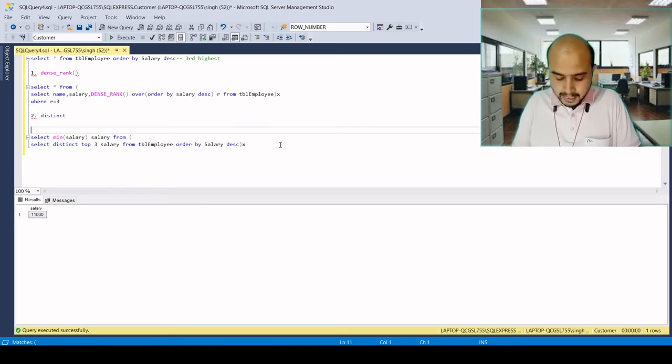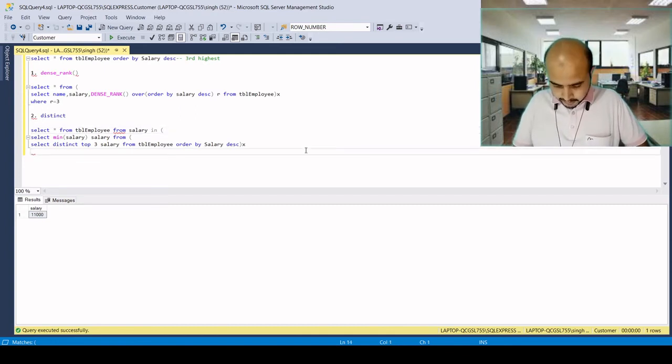If he or she is asking for the whole table, we can give the fields of the whole table using where salary in.